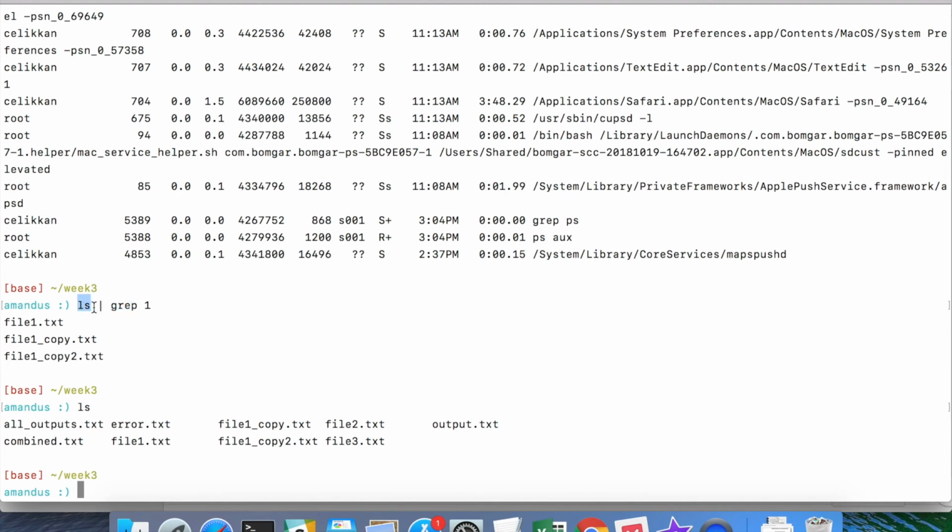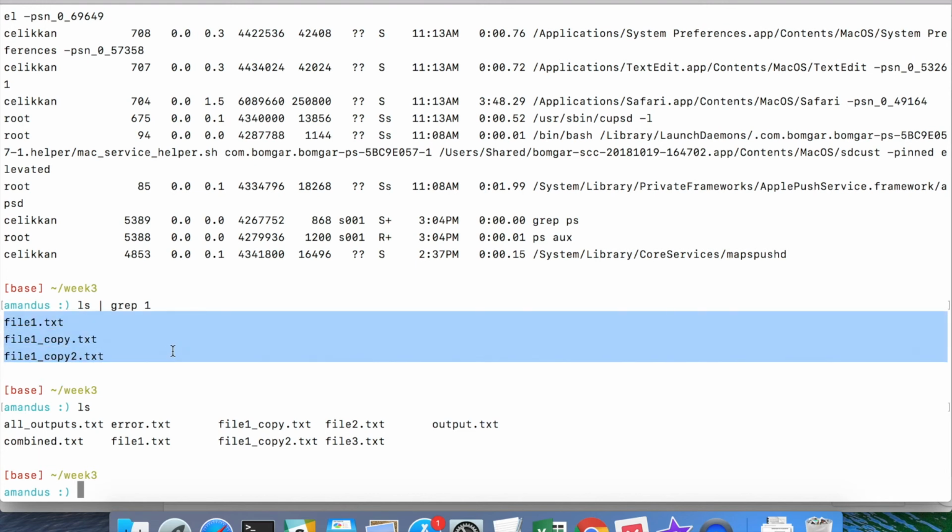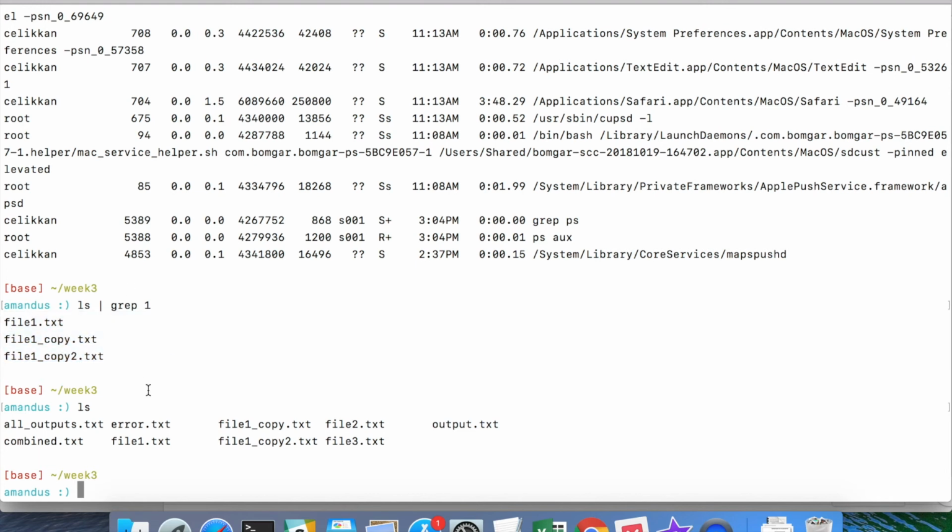So the standard output is not written to the terminal, but instead it's passed to grep, which filters this incoming input for the string 1, and it only prints the names that have 1 in them. This kind of pipe notation is used a lot in Linux, and we are going to be using it as well. Basically, you can chain